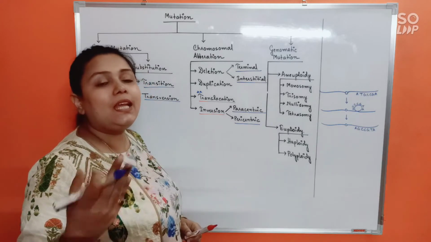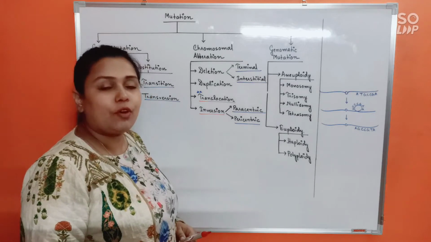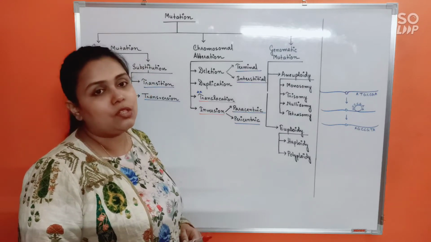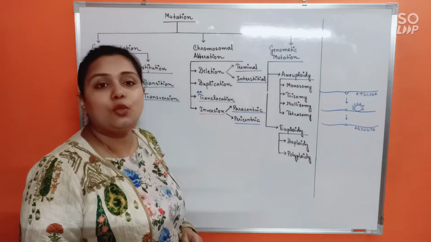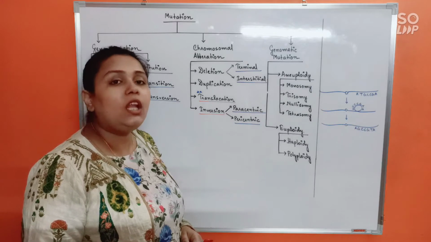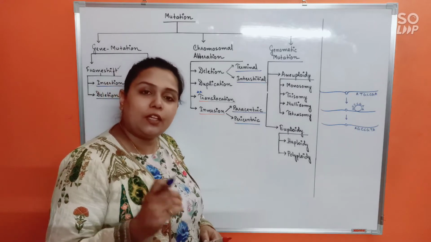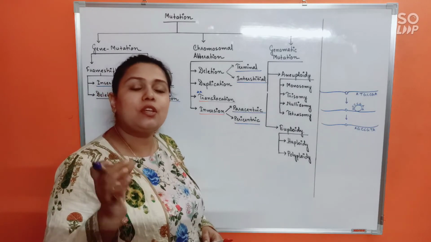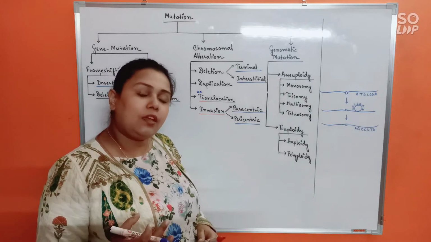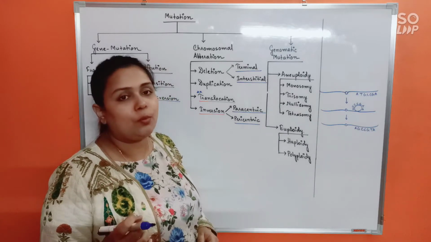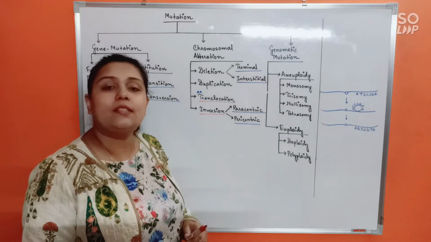If there is illegal crossing over occurring between two non-homologous chromosomes, we will call it translocation. For example, CML, chronic myelogenous leukemia, occurs due to translocation between chromosome 22 and chromosome 9 in human beings. And chromosome 22 is also called Philadelphia chromosome. And inversion means a part of the chromosome will undergo a 180-degree rotation, due to which the sequence of that part will get inverted. If that inverted portion includes the centromere, we call it pericentric. Does not involve it, we call it paracentric. As simple as that. Is that clear?